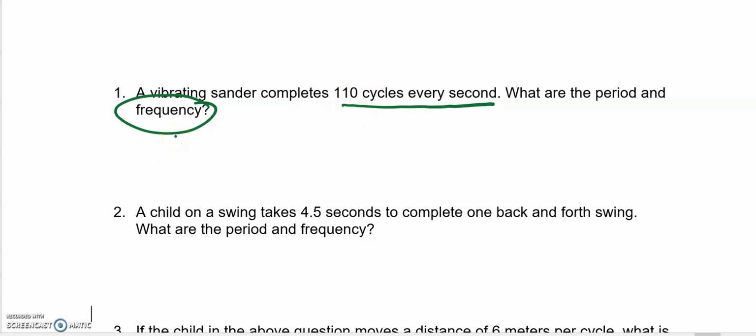Frequency represents how many cycles per unit of time. Usually it's going to be in seconds. So our frequency is going to be 110 hertz. Now, to compute the period, it is 1 divided by the frequency. So in this case, we would have 1 over